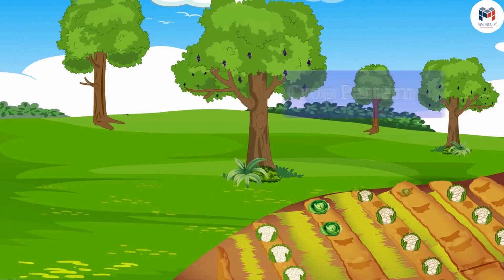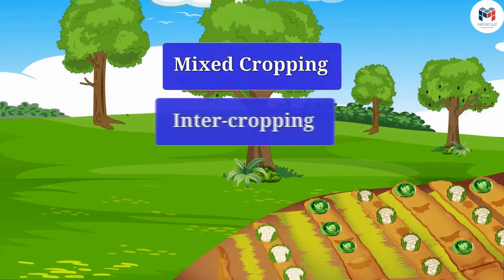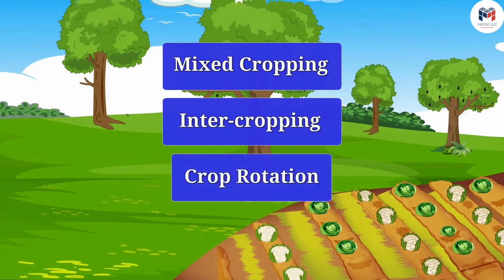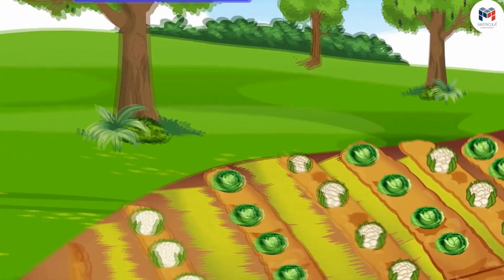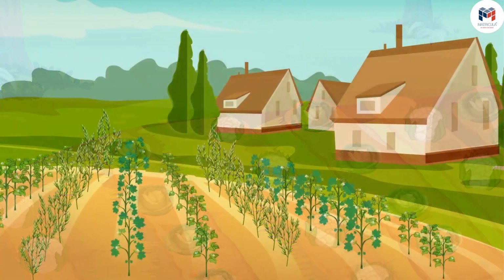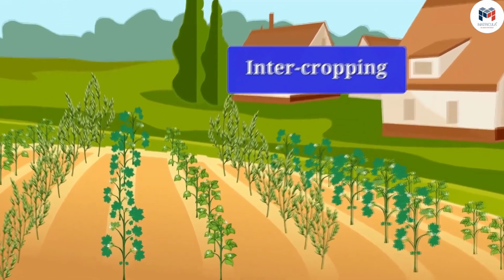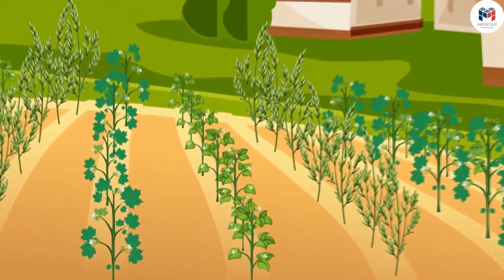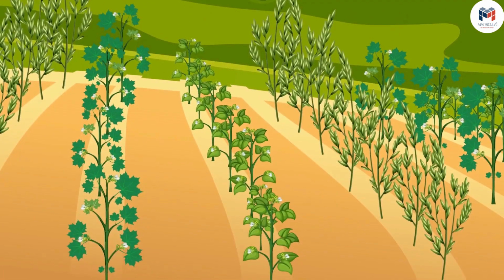For example, mixed cropping, intercropping, crop rotation. Let us know about these methods in detail. Mixed cropping. In this method, different types of plants are grown in the same field. Intercropping. In this method, two or more crops are grown at the same time in a land in a certain